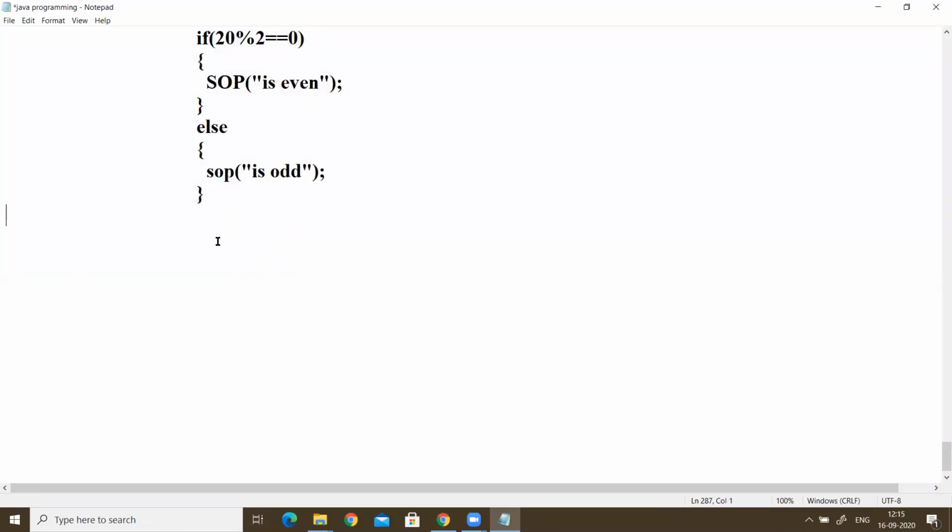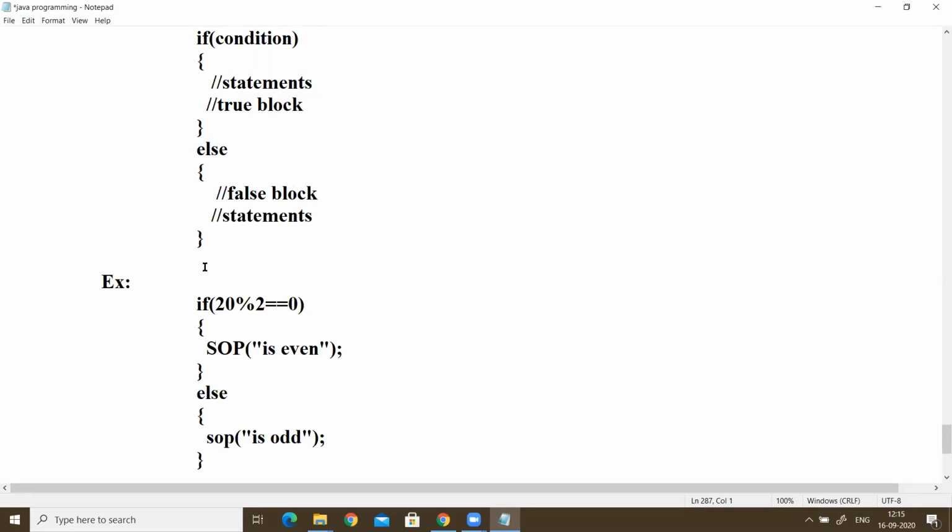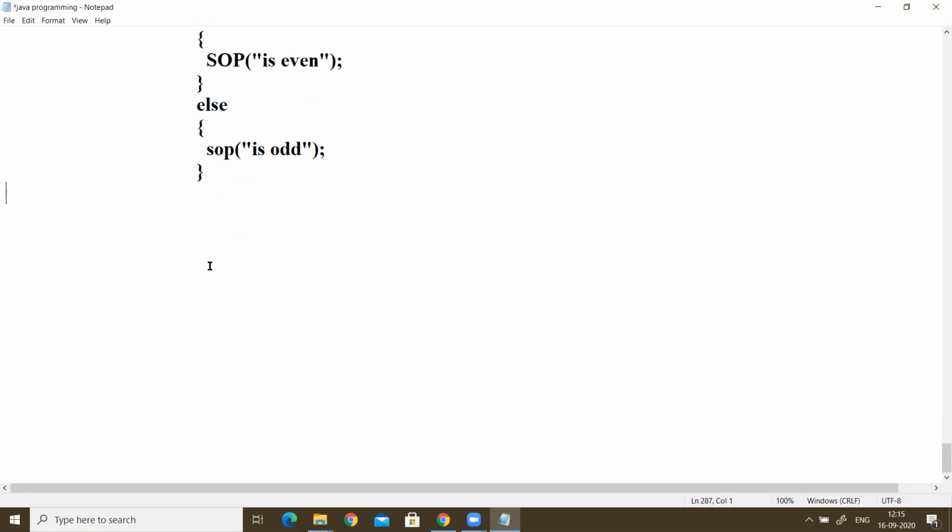Then next we have if else and nested if. That means nested if is nothing but an if within the if. Okay, nested if.